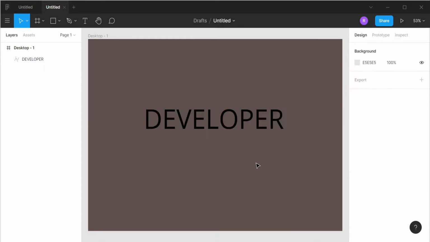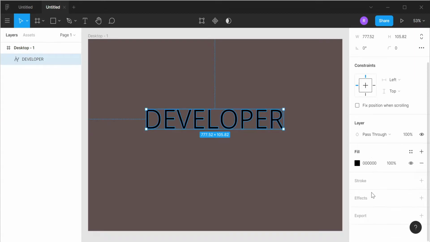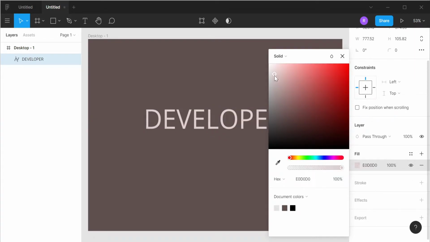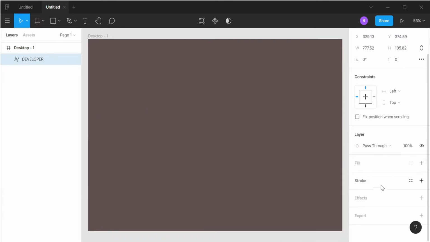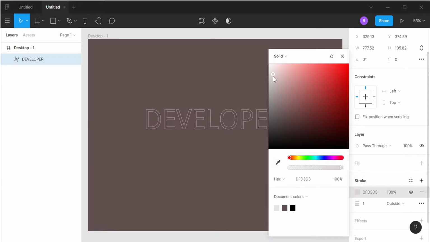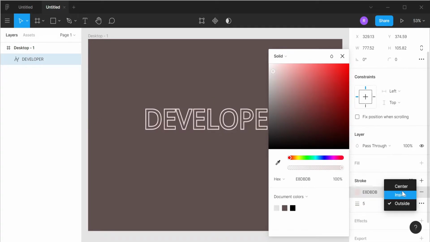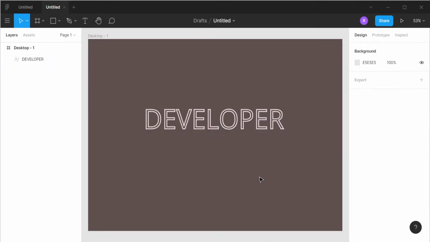So after doing this, let us select this and give this no fill color, and give this a stroke of white color. Let us give this 5 pixels and this as center.